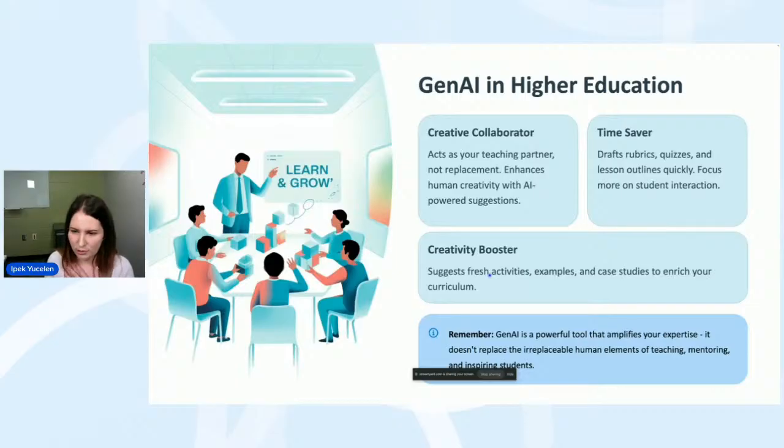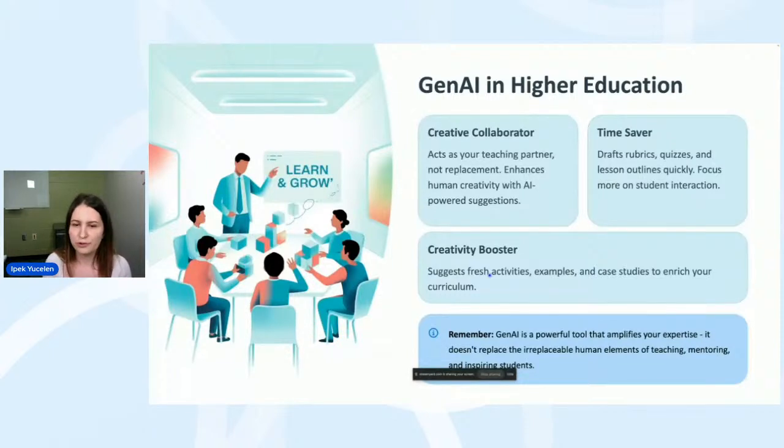It saves a lot of time, and that saved time we can use to create more meaningful experiences with our students. It actually suggested to me in the past very different class activities that helped to form this bonding with my students.